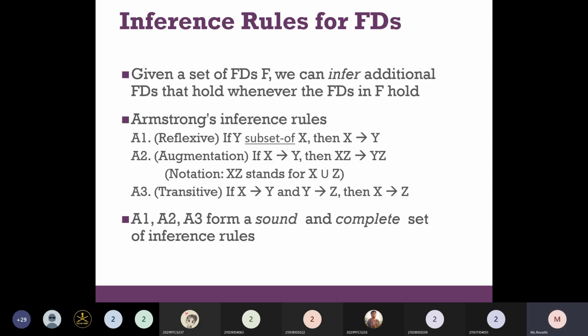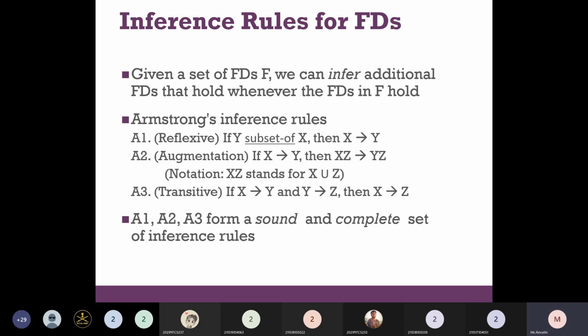So the newly augmented attribute will also be captured in the form XZ determines YZ. That is, the combined set of X and Z determines the unique value of the combined set of Y and Z. Such a constraint is known as augmentation. Then the third